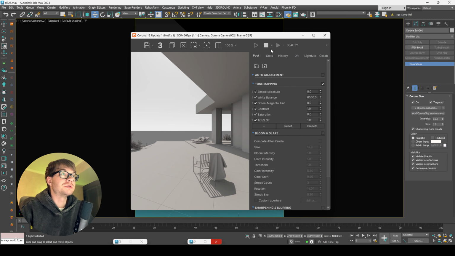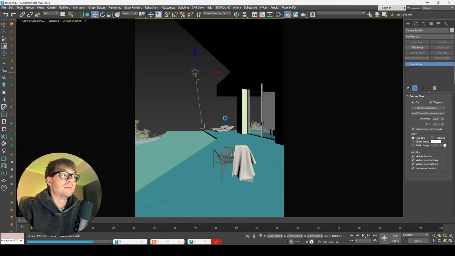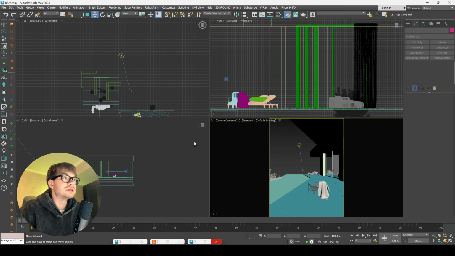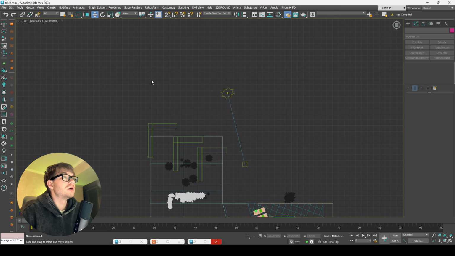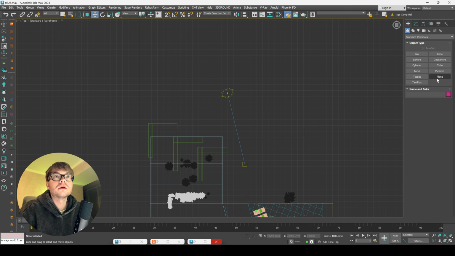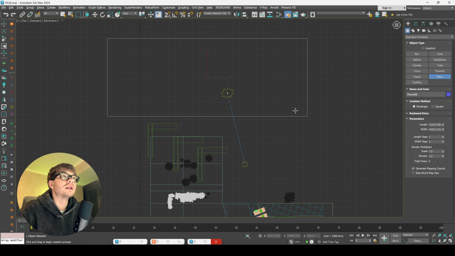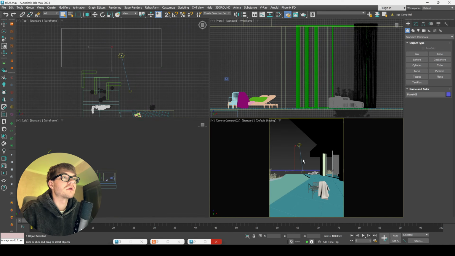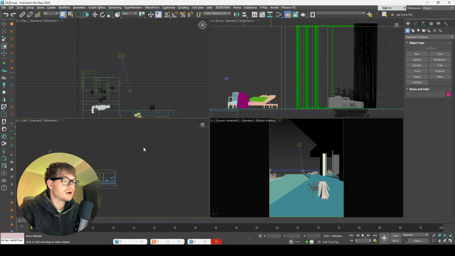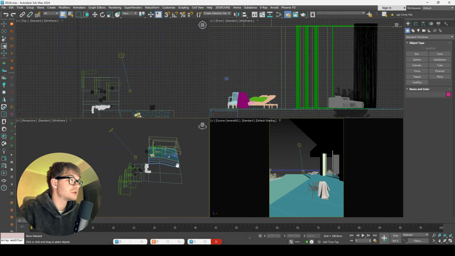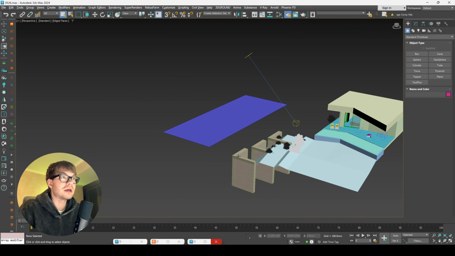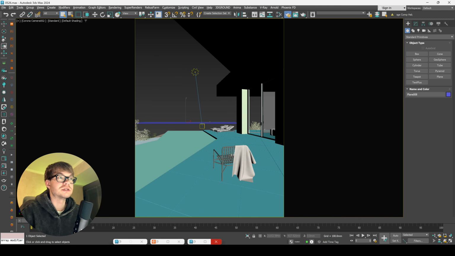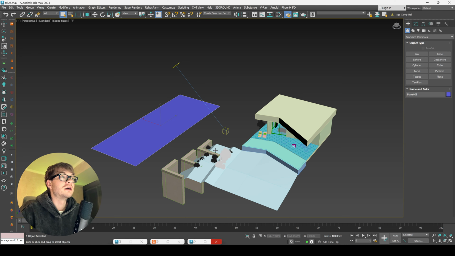Alright, I like the result. Now let's add our background. Here's a really easy and quick way to do it. So let's create our plane on the top view, like this. Usually I make this viewport window a perspective and this one a camera view. And right here,